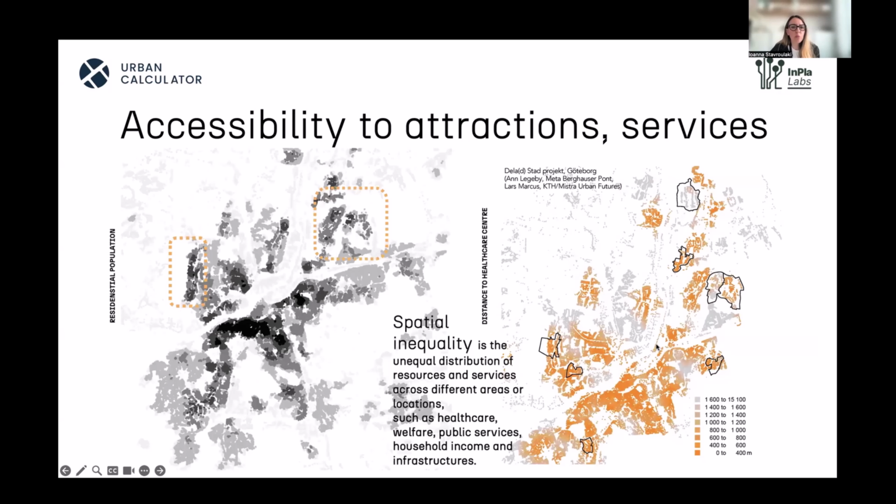And then we start to talk about spatial inequalities in the city, since these areas that have a very low proximity to primary health care centers are actually very densely populated. So if we combine an analysis of proximity to healthcare centers with an analysis of residential population density, we start to see the problems and I diagnose and highlight problems of spatial inequalities in the city. So you have a lot of people living in an area that do not have access to primary healthcare centers. This is an example of how accessibility analysis is used.